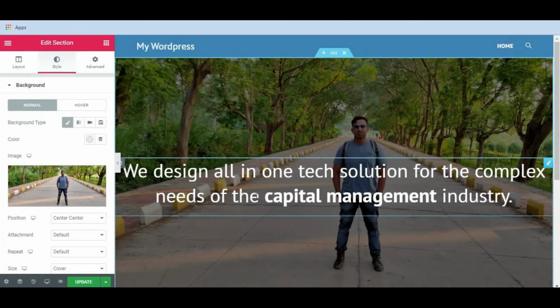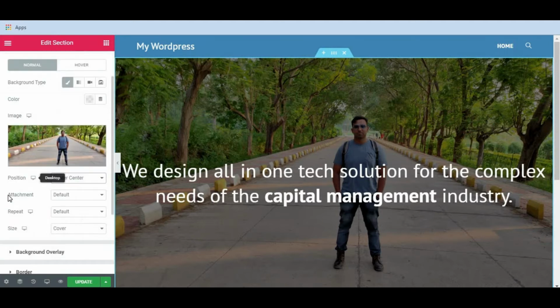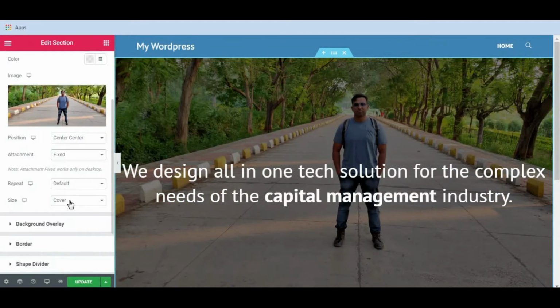We have successfully changed the background image. Okay, here it is, the position, center, attachment fixed, repeat, no repeat, and size cover.